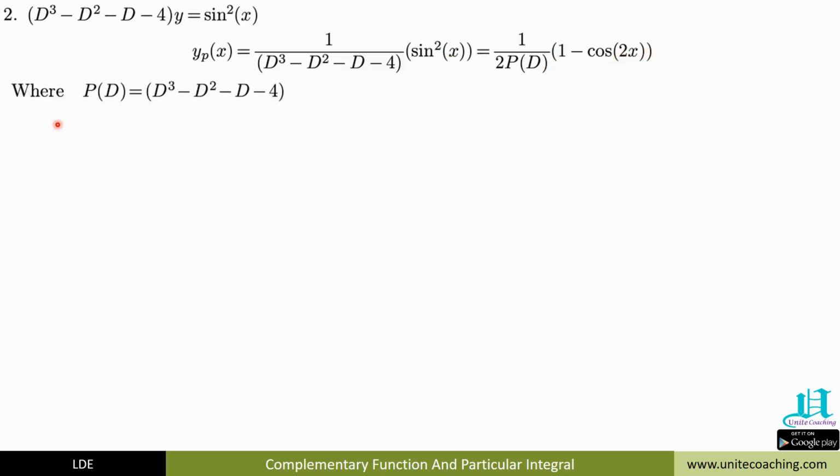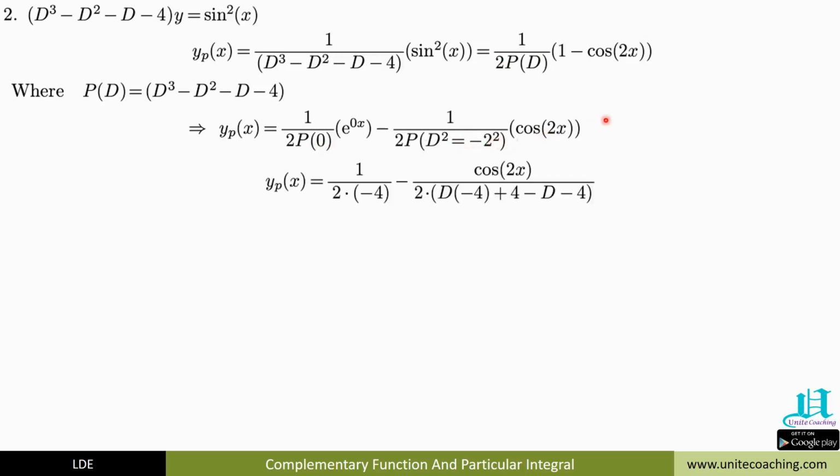So p of d is d cube minus d square minus d minus 4, right? So for the first part we will replace d by 0, and for the second part we will replace d square by minus 4, and d cube by minus 4d, right? So we will take 1 upon 2 p of 0, right, because of this 2, and minus 1 upon 2 p d square. Minus d square will be equal to what? Minus 2 square, so cos of 2x. So when we replace this, we will get 1 upon 2 into minus 4